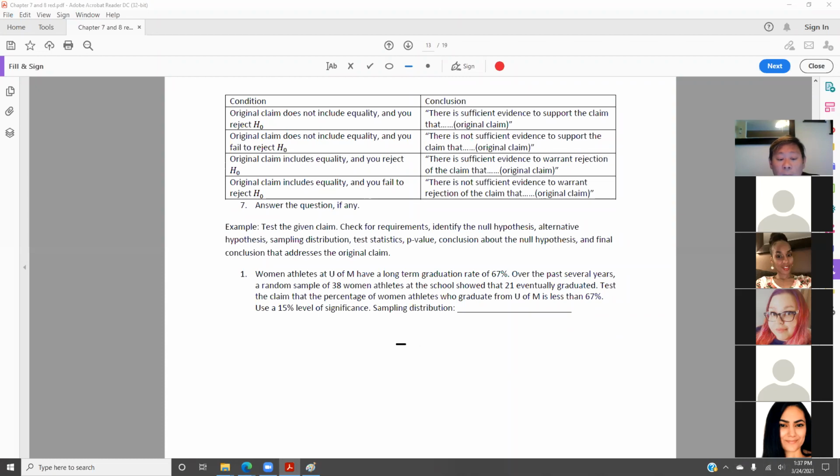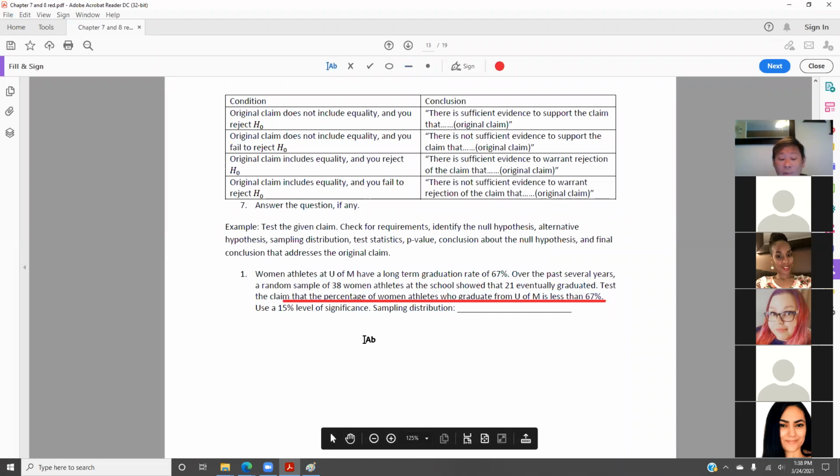67%, more than 6, less than. Yep, so this is a claim statement. Actually, the claim statement is the whole thing, so make sure it's not just the back part. Underline the whole sentence, that is the claim statement. If I want you to write a hypothesis test for the statement in this case,